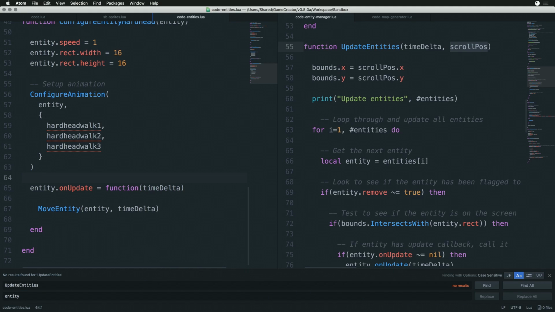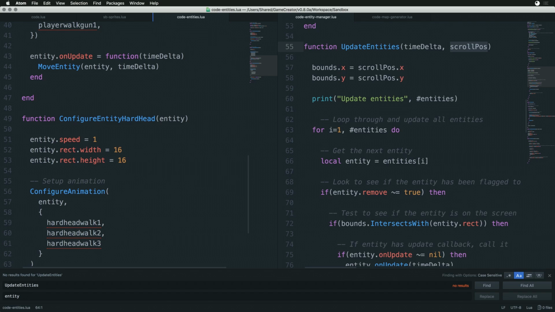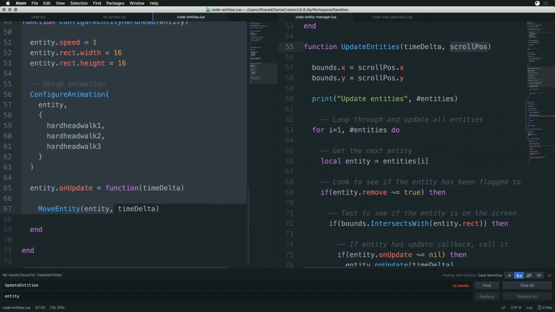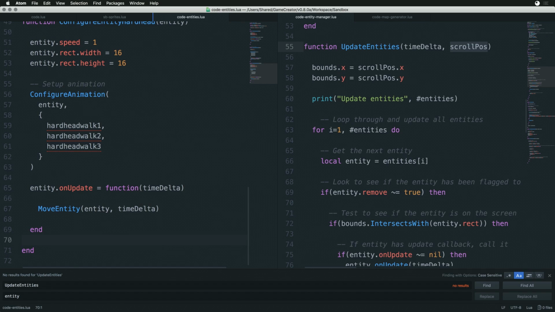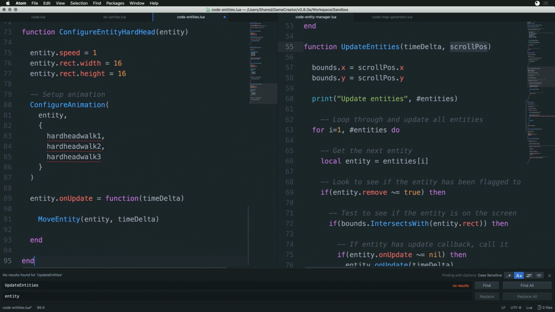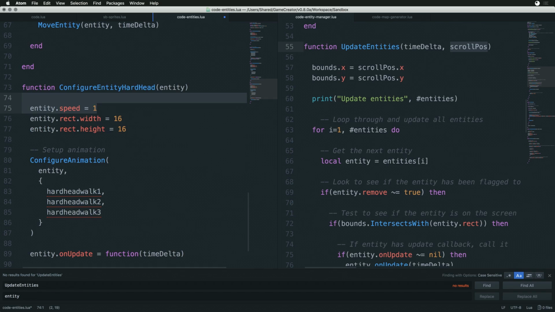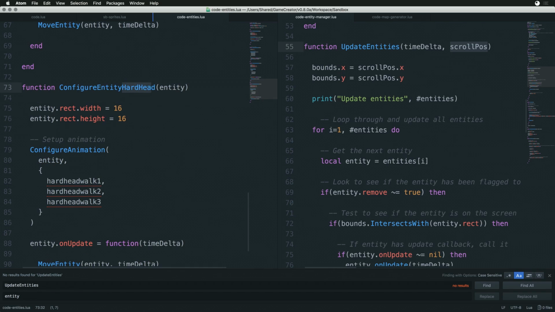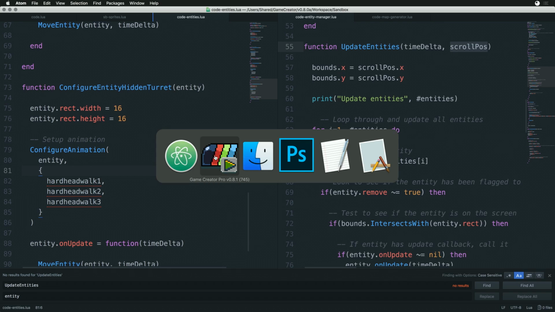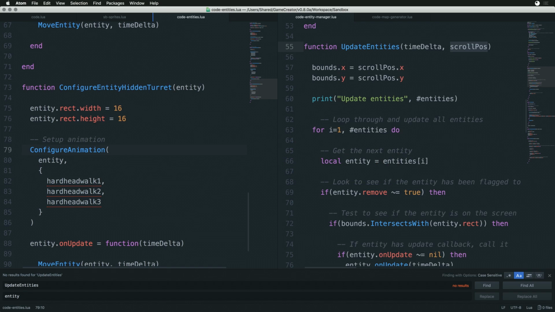So what I want to do is we're going to create a new entity, and we don't need this. We're going to call this hidden turret, and this one's going to be one of the more complicated ones that we build. He's going to have 3 animations, but what we're going to do is we're going to skip this whole animation system. Well, what we could do is